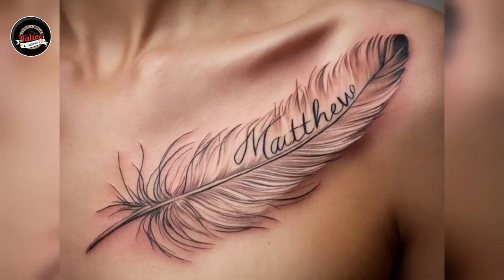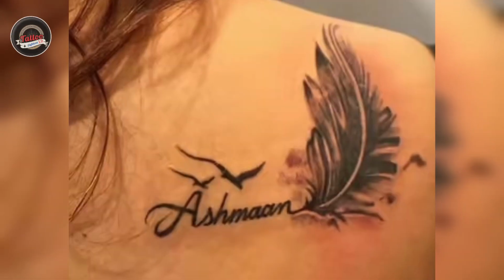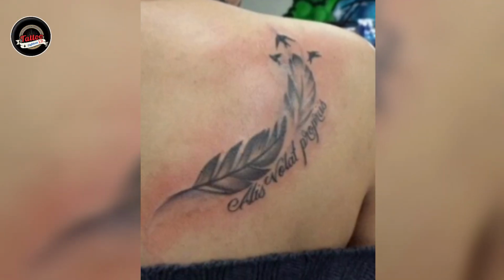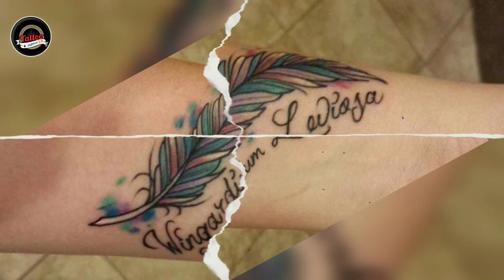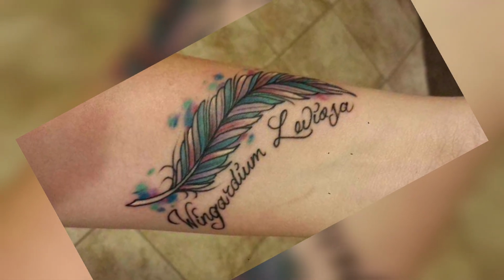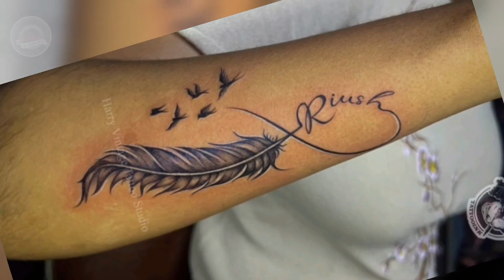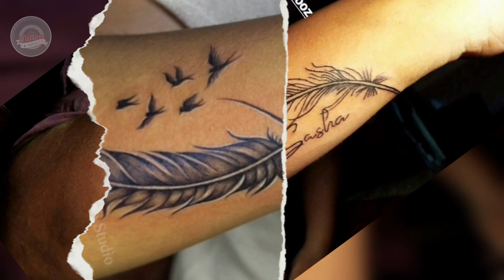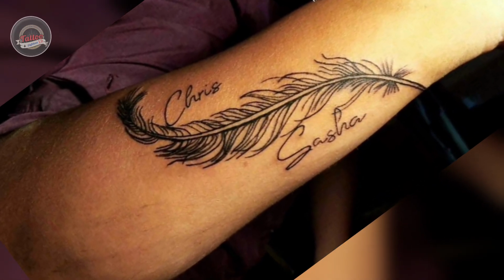And if you observe closely, feather tattoos give a soft, lightweight appearance. That's why both men and women love this design. Now, let's talk about style variations. You can choose realistic shaded feather, fine line minimal feather, watercolor feather, infinity feather with name, feather turning into birds, feather blending into heartbeat line. And when we add a name inside the feather spine or along the feather line, it gives a clean and